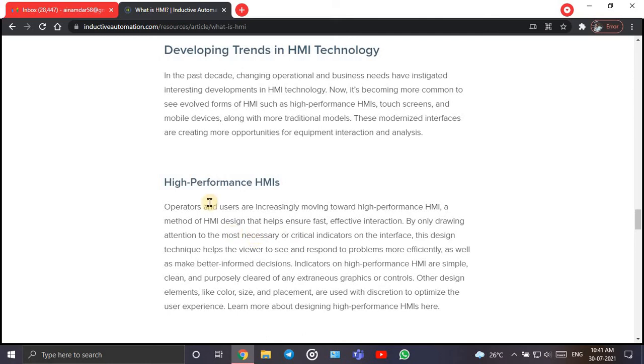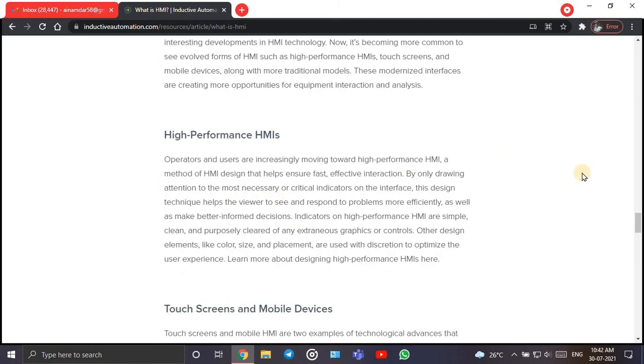The first trend is high performance HMIs. Operators and users are increasingly moving towards high performance HMI because of high computation and fewer iterations. It is a method of HMI design that helps ensure fast and effective interaction. By only drawing attention to the most necessary or critical indications on the interface, this design technique helps the viewer to see and respond to problems more efficiently, as well as make better